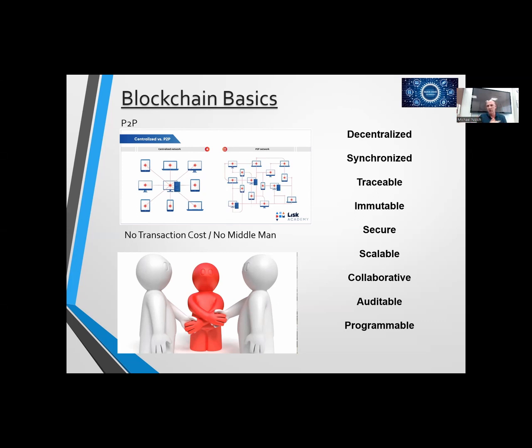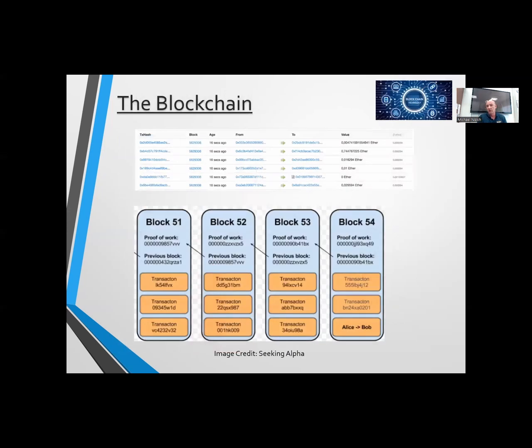It's essentially immutable. You can't really change anything with the design of it. It is secure. It is scalable. You can have a lot of small hosts for the public ledger. It is collaborative, it is auditable, and it is programmable, right? So you can write smart contracts around it and use blockchain networks to do different things, not just Bitcoin, not just crypto. You can use them to manage whatever you want to use blockchain for in your organization.